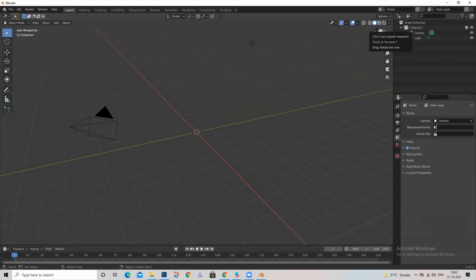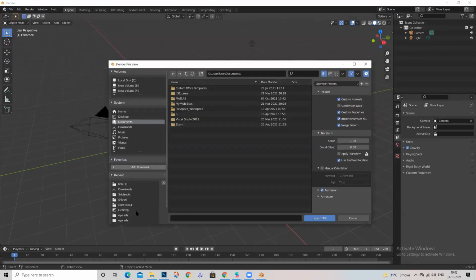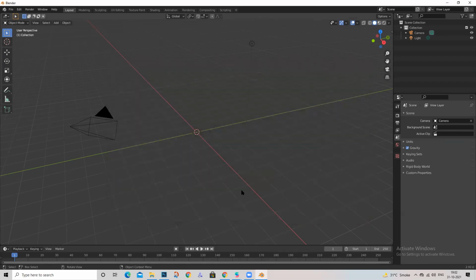I'm going to show you how to use it. I'm going to import a 3D file.